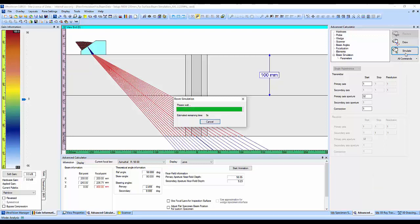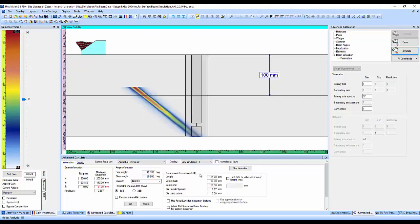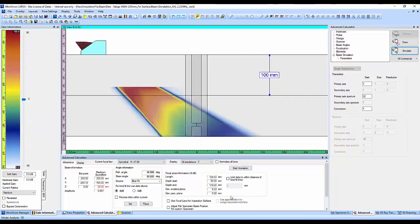Fortunately, video allows us to speed up the process. Let's first visualize the result for the individual beams and sweep from 40 to 60 degrees. The large aperture generates appropriate acoustic beams at large depth, with lateral resolution around 10 millimeters. The sensitivity remains within 12 dB of the maximum within the depth range from 100 to 200 millimeters. By showing all simulated focal laws at the same time, we confirm that there is no uncovered volume in between